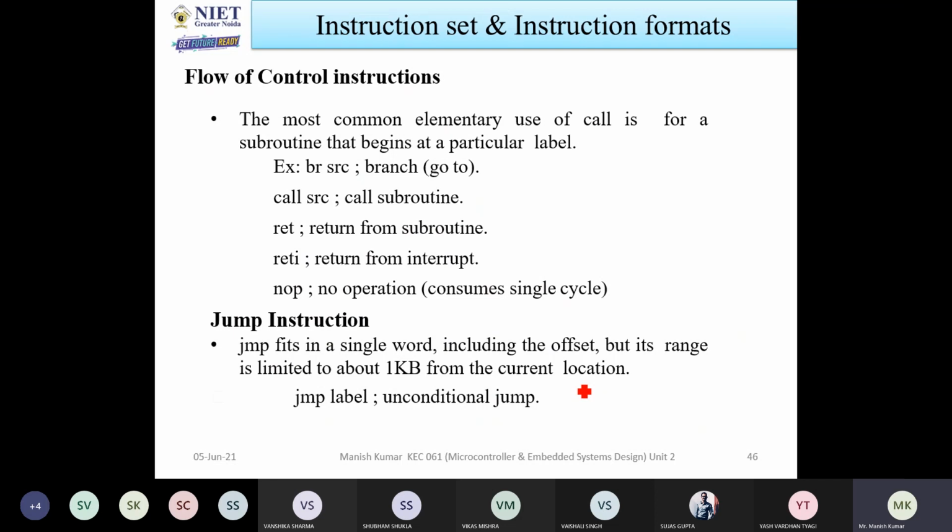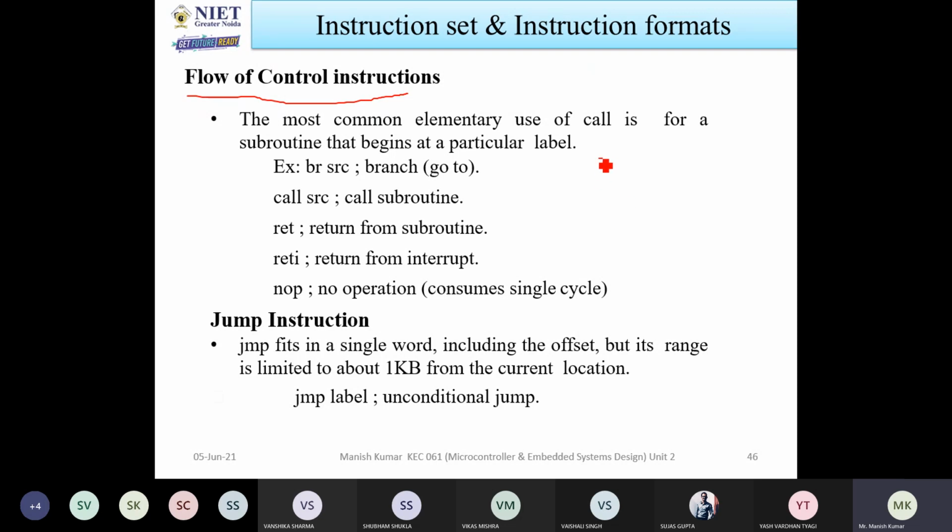Now the next is called flow of control instructions. What is the meaning of flow of control instructions? This flow of control instruction directly affects the execution of programs. Let us consider any microcontroller is executing some programs, but in between you need to do some other task. What will you do? You are going to provide that particular task to the microcontroller. Then the microcontroller will decide whether it has to do it or not. It depends upon the types of interrupt.